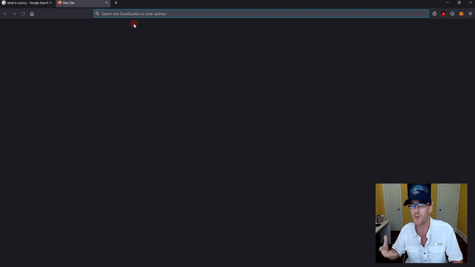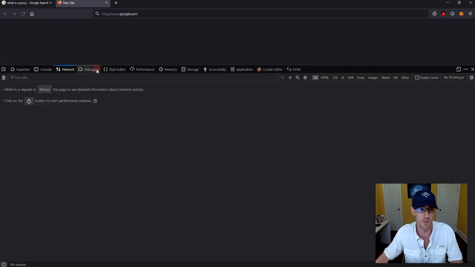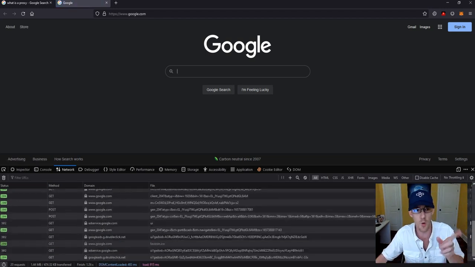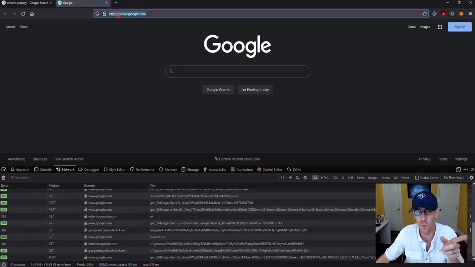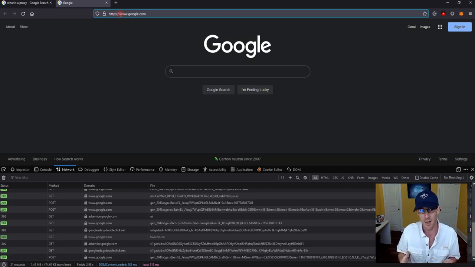It's important because as we go through setting up tools, I want you to also learn some stuff. So if we type in http://www.google.com, I want you to see what happens here. Let me turn on the network interceptor just in case it has any value. I'm going to hit enter. You'll notice that it actually routed us to https://google.com. Now, what that means is Google has set up an unencrypted, or port 80, redirect to the secure default